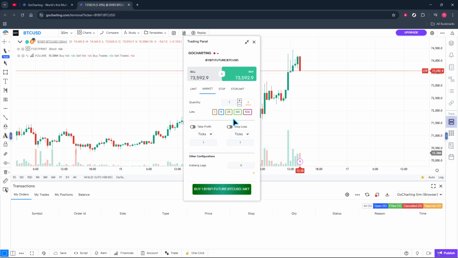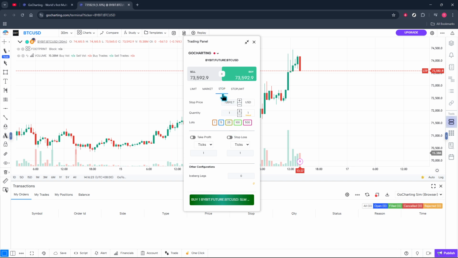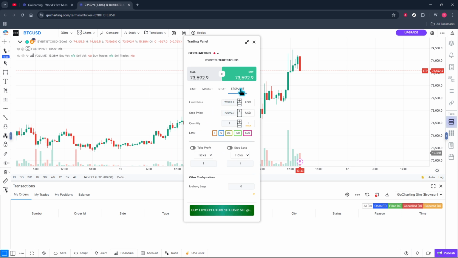Stop is a trigger order that activates when price crosses your stop level. Traders often use it to enter on momentum or to protect positions. Stop limit combines a stop trigger with a limit execution, giving you more control over the price once the stop